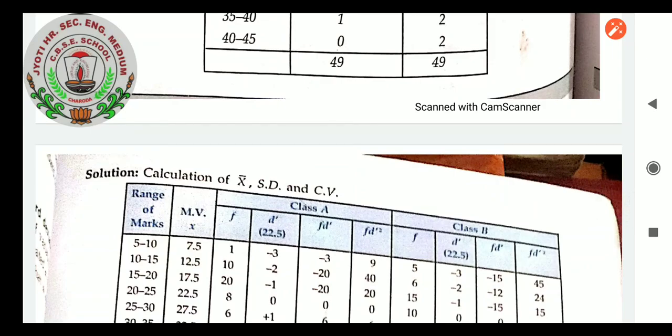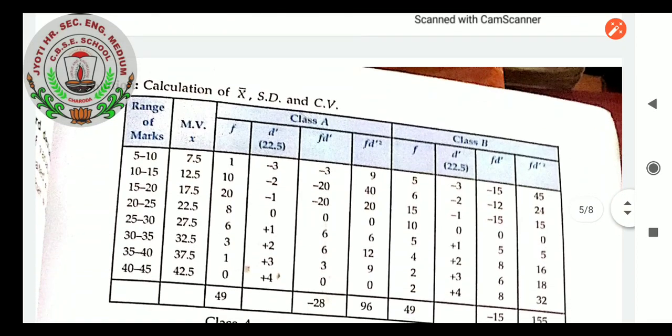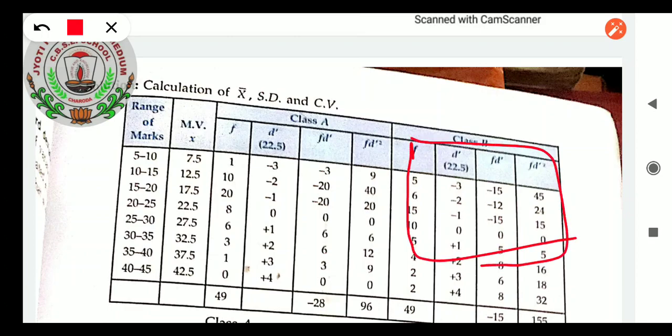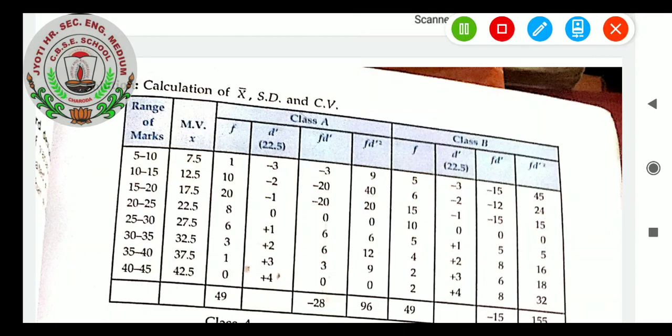First of all, calculation of the mean, then standard deviation and then the coefficient. For the mean, you know the formula. The 2 groups are there together in the same tabular data. Up to this point is one part, which we were calculating earlier. Now it is clear. The range of marks is given, from that the mid value, then frequency, then deviation, that is x minus mean, then deviations into f, and then deviation square into f. The same we will calculate for B also. So this table is getting bigger, otherwise it is the same as what we calculated.